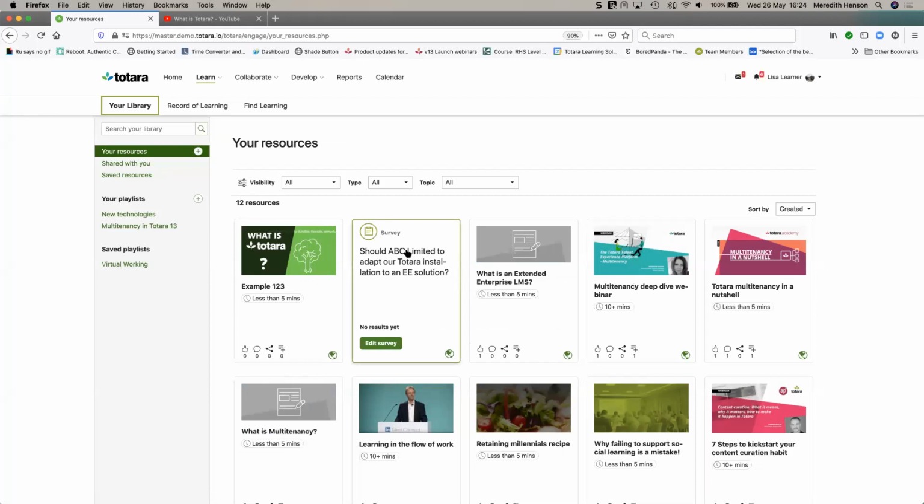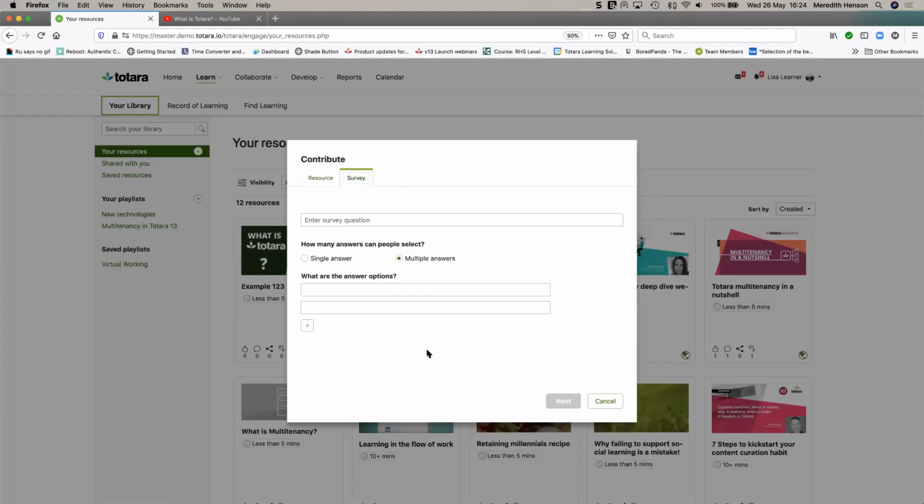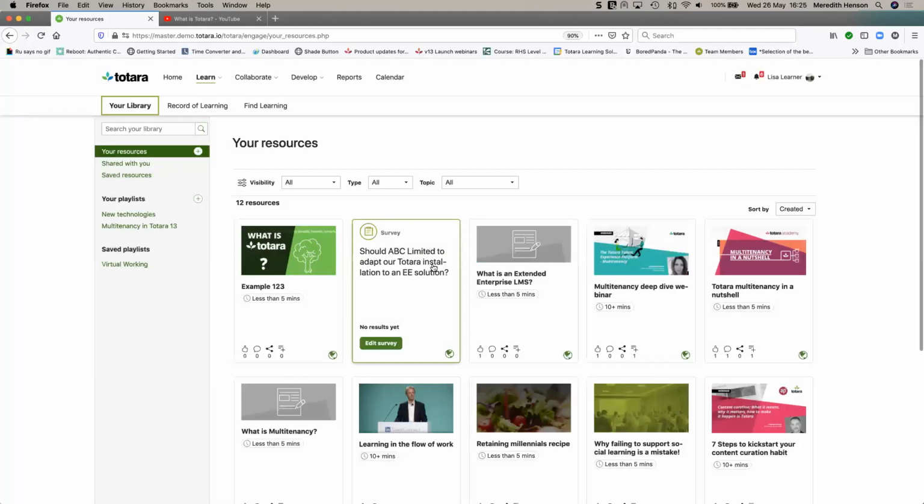Now, the other type of content you can create here is a survey, and you can create these sort of quick or pulse surveys for a variety of reasons. Note that you can have single answer and multiple answers. And again, you go through the process of choosing how it's shared and how it's labeled. So you might use these surveys to help check in with people, check people's understanding of various areas. It might be to just make a quick decision on a particular area. And these surveys can be shared individually or can be across a workspace.